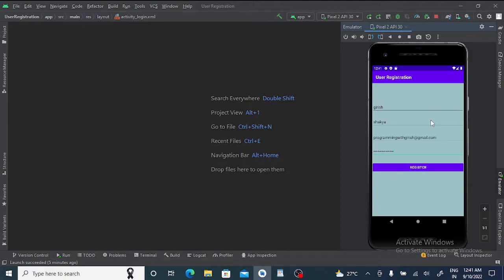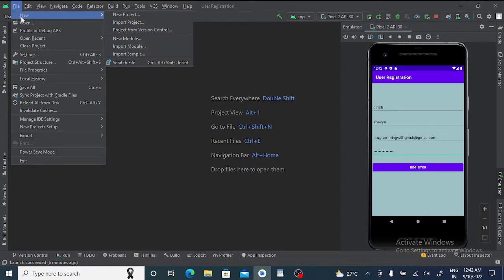The point to be noted here is that this is a very basic and simple application. Here you will learn how to create this kind of screen, that means how you can create this kind of layout and how you can create an activity. So my friend, be with me and let's start, and I will try to cover all the basics of Android here. For this, first we need to create a file, new,